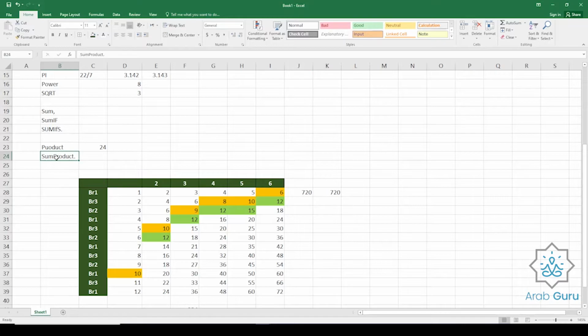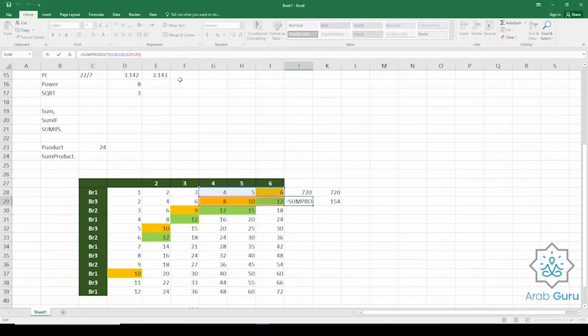Okay, we have something else called SUMPRODUCT. Sum product means it will multiply, for example, this by this, and add the multiplication of this by this, and add this by this, and so on. So let's try it. Equal this multiplied by this, then I will add this by this, add this by this. SUMPRODUCT of these and these. See? So SUMPRODUCT